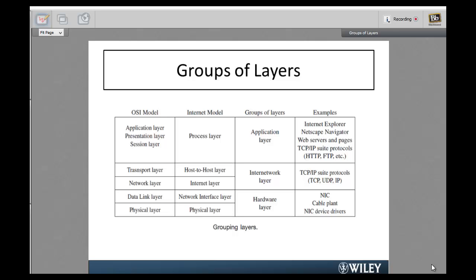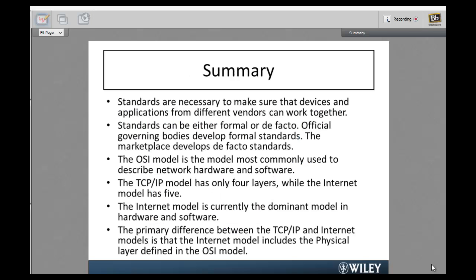Like we had the OSI model, the TCP and internet model. Actually, they are nearly the same, because actually the internet also is based on TCP/IP. The group of layers, and this will be the types of protocols that can be used in each of the layers. Okay, actually we have finished now our chapter, the rest of the chapter from the face-to-face lecture. Let's go through a summary, and then I will give you an example of